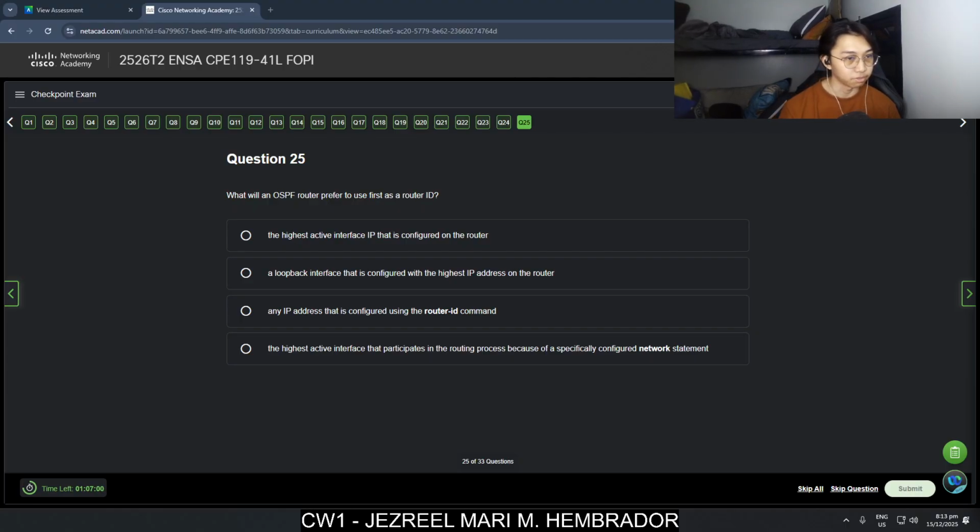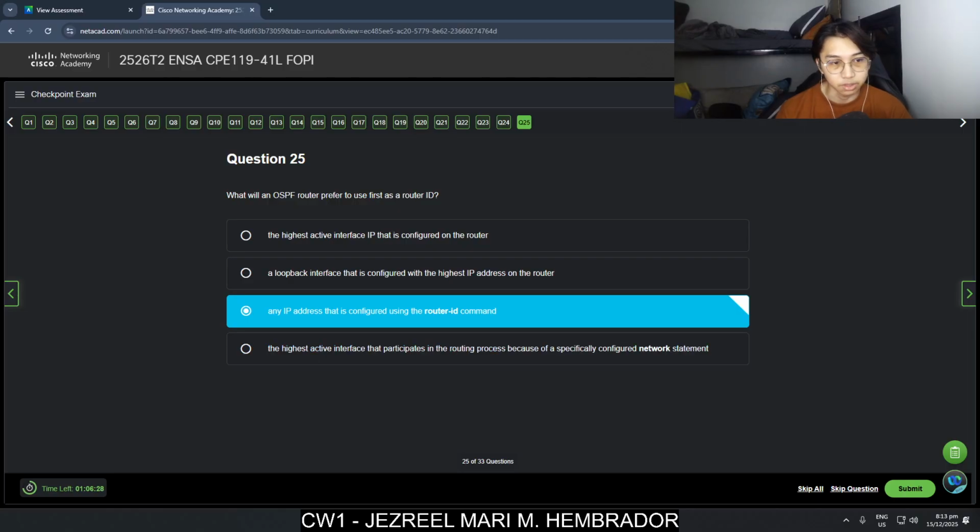The highest active interface IP that is configured on the router, a loopback interface that is configured with the highest IP address on the router, any IP address that is configured using the router ID command, the highest active interface that participates in the routing process because of specifically configured network statements. I think it's this one, any IP address that is configured using the router ID command.